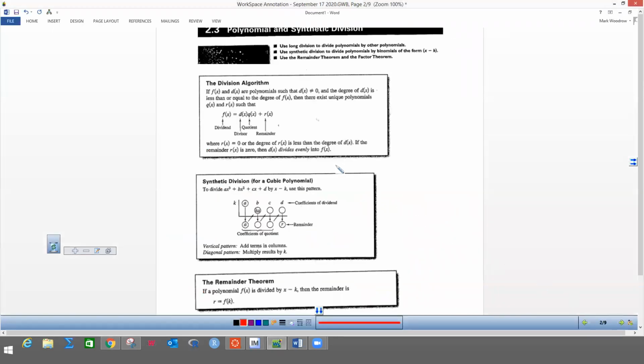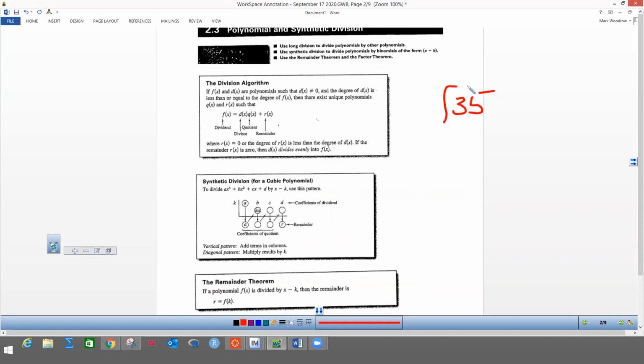So going into this stuff. Today we're supposed to be able to use long division and synthetic division to find the answer to polynomials. And then we're going to use the remainder theorem and factor theorem. So long division is like this. Like if I have